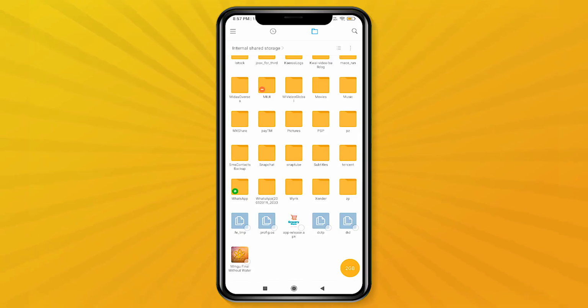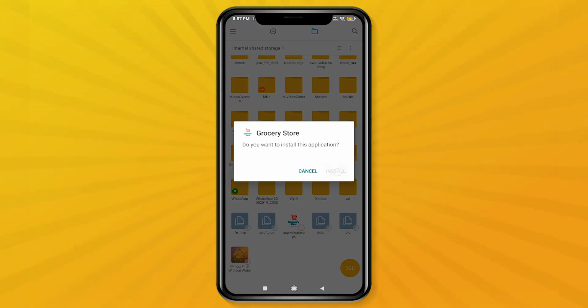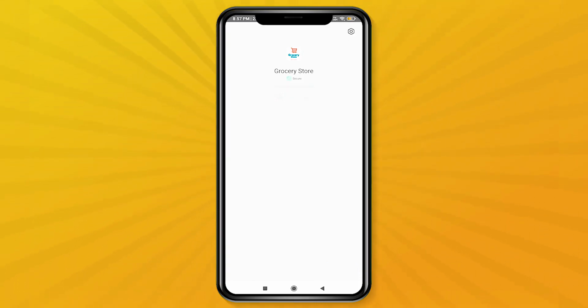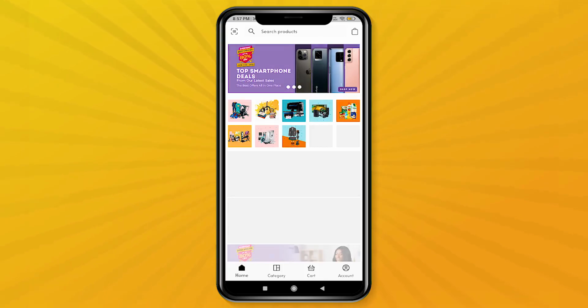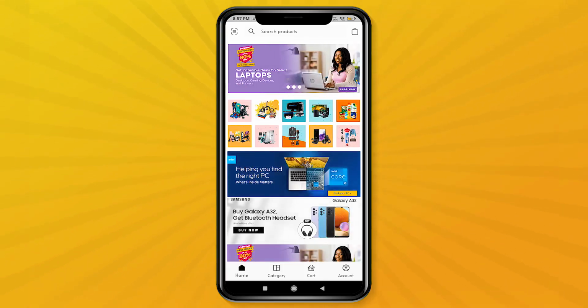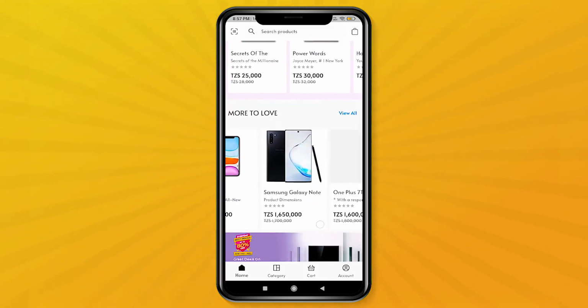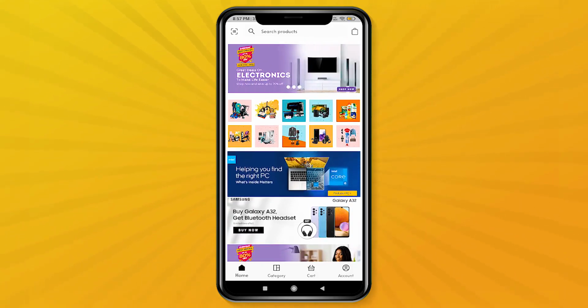Now as the file has been transferred, I am going to install it. After the installation, open the application. So you can see this is our app. And this is the interface. And I can say the look and the feel of the app is very aesthetic. And the app is very beautifully built.